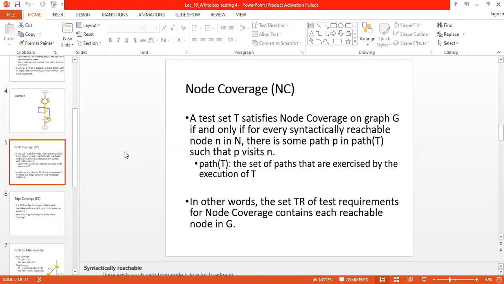And your test set is satisfying the node coverage on the graph. But this node coverage will happen only for the syntactically reachable nodes of the graph, right?